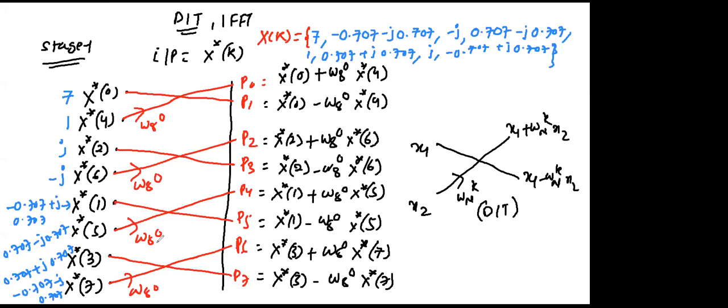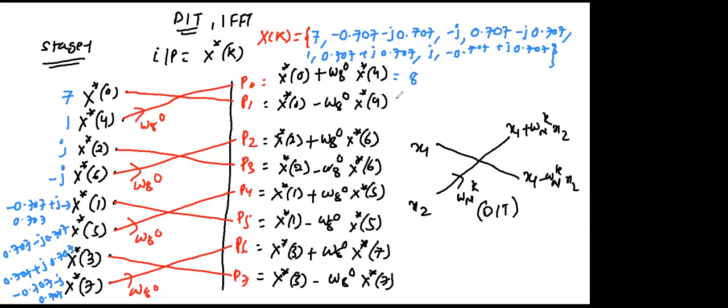Clear? It's very easy. Now everything is same. X of k is given. So first you have to find X conjugate k by replacing j by minus j. Then write in the bit reversal order. Then do the stage 1 calculation. I will write the stage 1 calculation so that the people will verify. Please note down because the time is almost over.